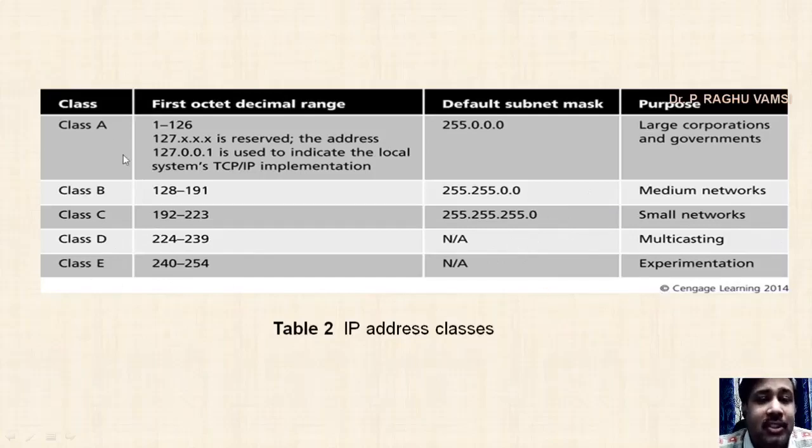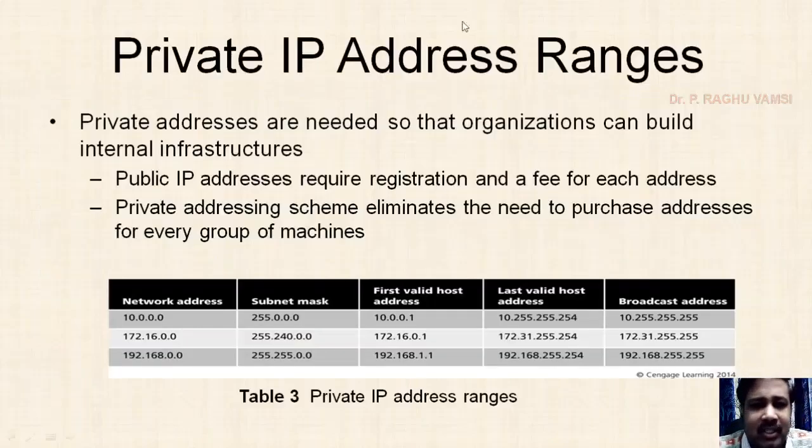So among all these, to set up a private network, if you have thousands of computers, meaning you cannot count how many computers there are, and the computers will always continuously grow, then it is always recommended to use the class C network. And if you have a limited number of computers, maybe 1,000 or 1,500, maybe below that, then you may use either class B or class C. That is up to you. So this is the way you will use the IP address classes.